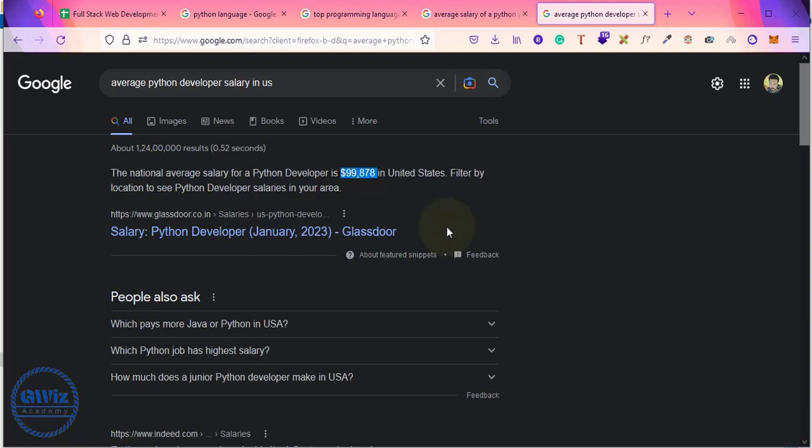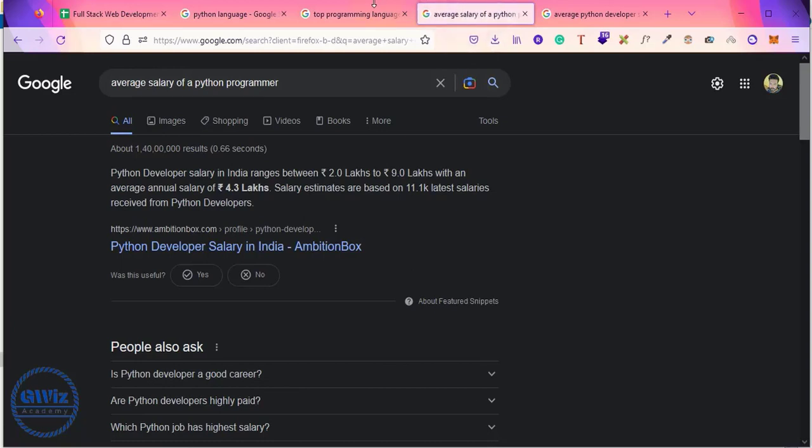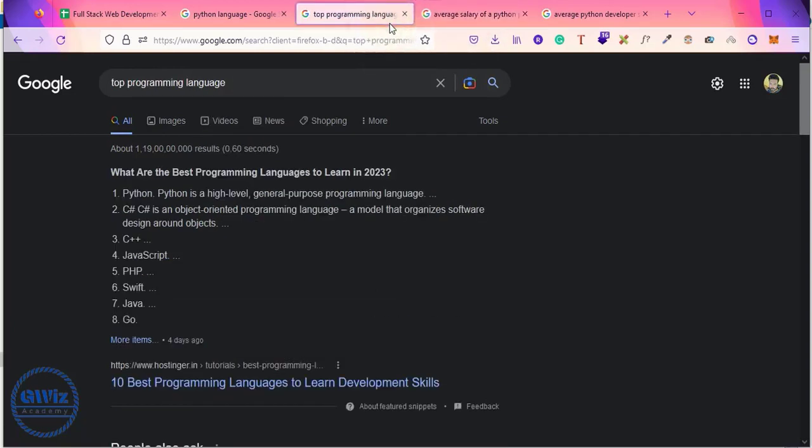So it is extremely important for you to learn Python if you are serious about your web development journey or your career as a software developer. Either you want to become a web developer, software developer, web application developer, blockchain developer, data science engineer or data scientist, or in case you want to enter into machine learning, artificial intelligence and stuff like that. For all these things, even for game development,